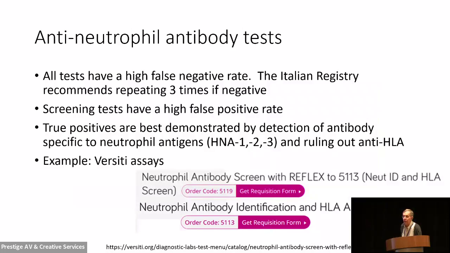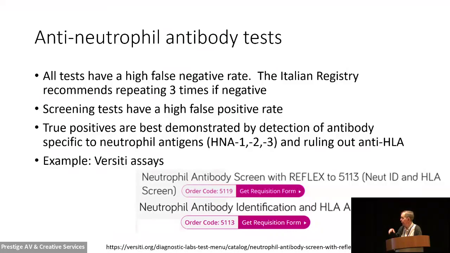So all tests have a false negative rate, meaning there probably is an antibody, but it's not detected. The Italian registry recommends repeating 3 times if it's negative, and I say don't bother because it doesn't matter. The screening tests, which is what many doctors send, have a false positive rate. There are many reasons for the antibody test to be positive without it really detecting a true